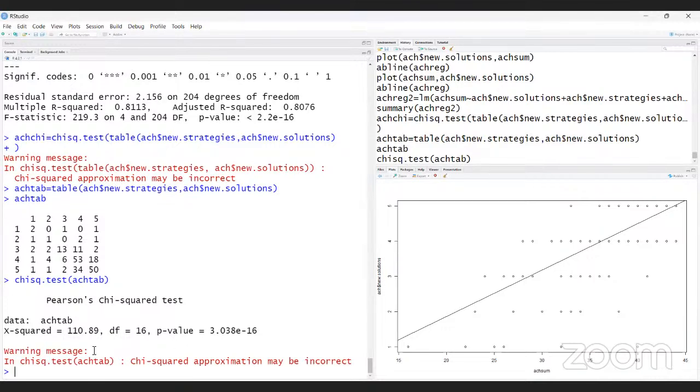And here you will get the warning message. Why? Because there is some frequency that is 0 and 1. For that reason, it indicates that you should consider the error factor.